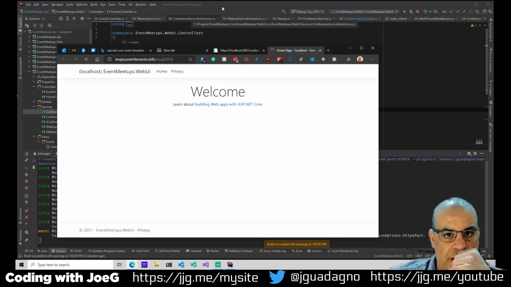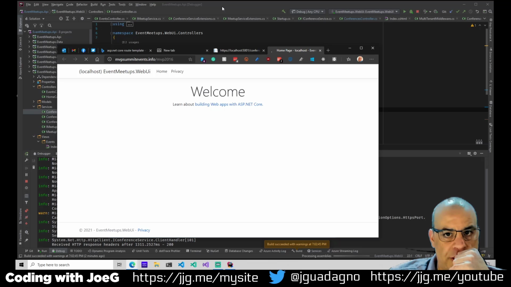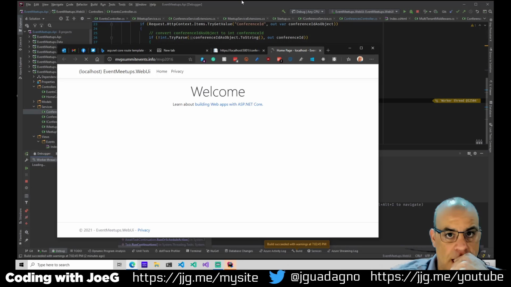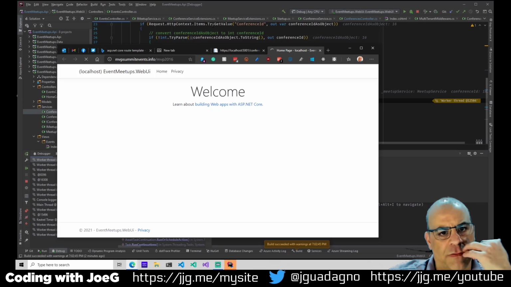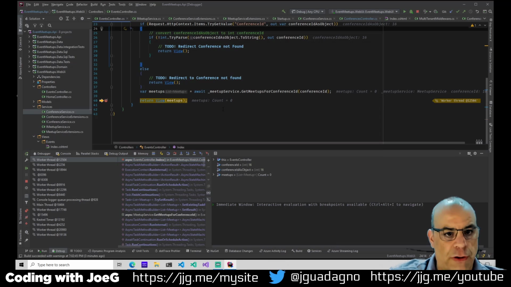And if I coded everything correctly, I should hit the breakpoints behind the scenes. Still running. You can see stuff populating here in the worker threads window. Also the first time the website, well, actually it's not the first time the website's running. Just make sure I didn't hit a breakpoint. The writers here, it has meetups, and there's no meetups with that conference ID 16. Okay, that's cool. So there were no events with that ID, which is fine.